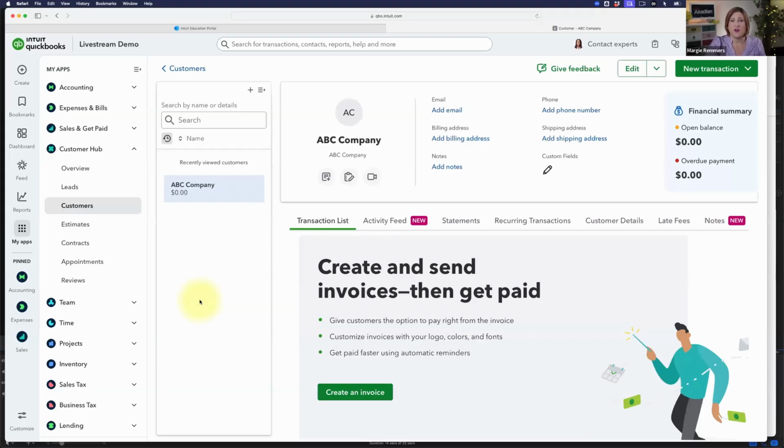So if there are 200 customers in your QBO account, but only 5 customers that are super active and that you interact with all of the time, then this will show those 5 customers, and it helps you navigate better as you're working on customer accounts. That's why it's there. But it can take up a lot of real estate, and sometimes it's annoying.